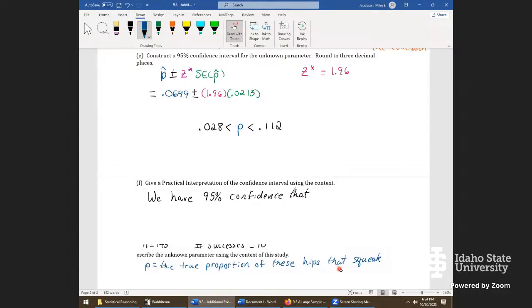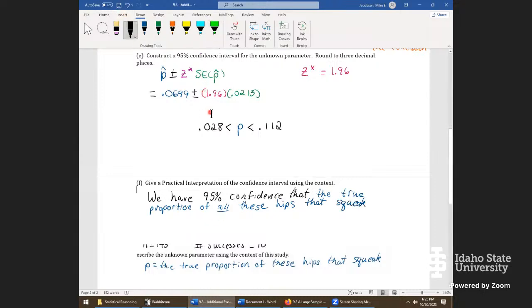But we'll just say it this way, that the true proportion of, here, only because that's good to emphasize, I'd probably want to put in this word. It's not something I take points off of, but because we're talking about a population characteristic, we're also talking about a population. So saying all just helps us emphasize that. We're talking about all members in that population. So the proportion of all these hips that squeak,